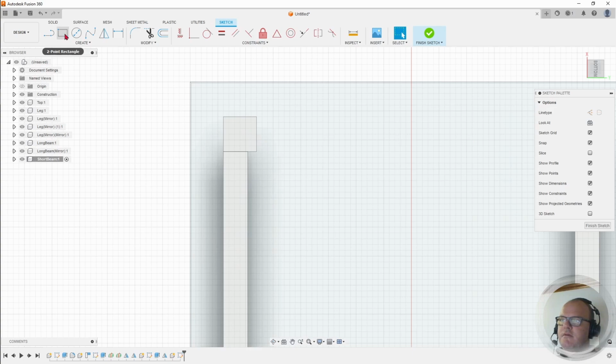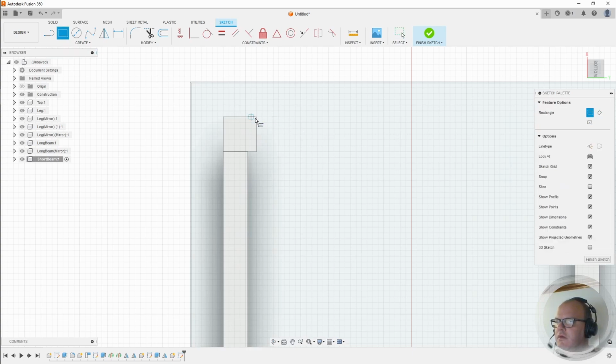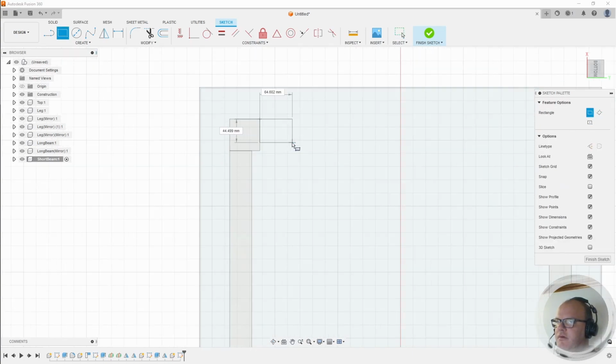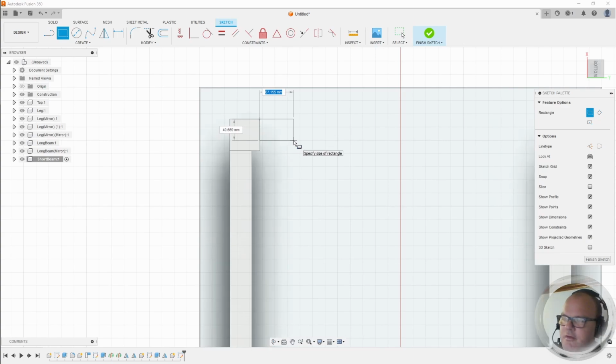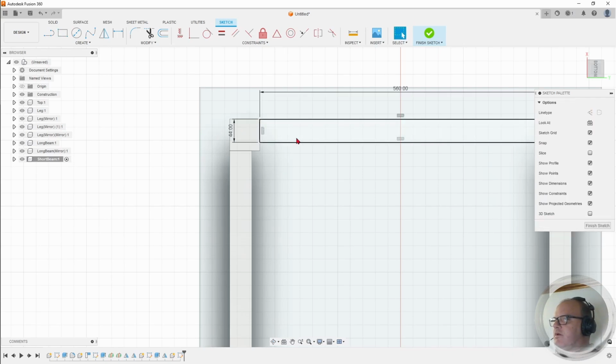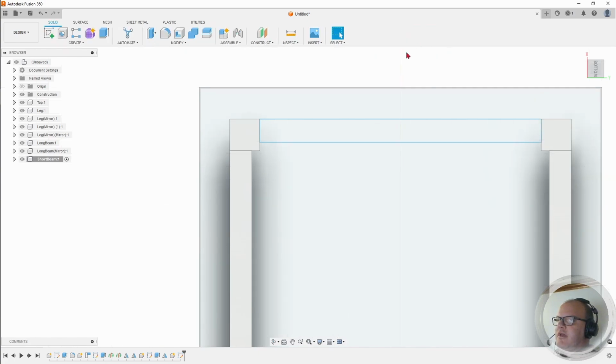Let's create a rectangle from this point, 560 millimeters by 44 millimeters. Click OK, finish sketch,